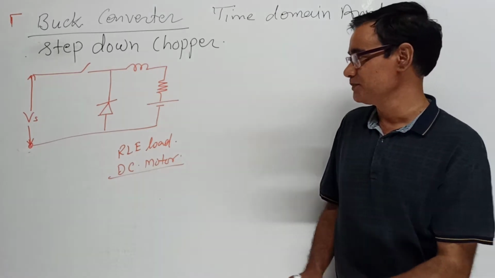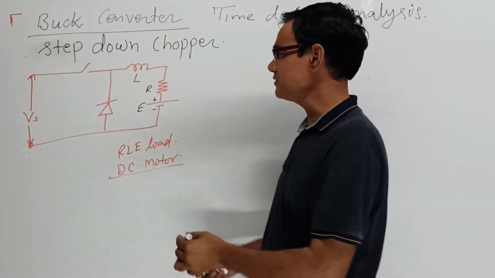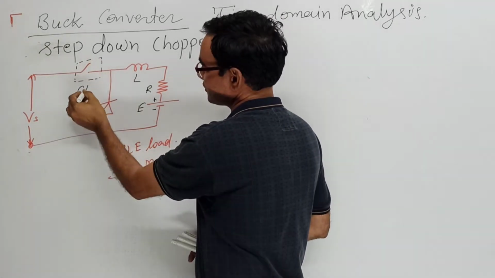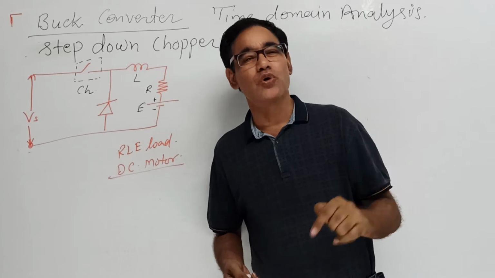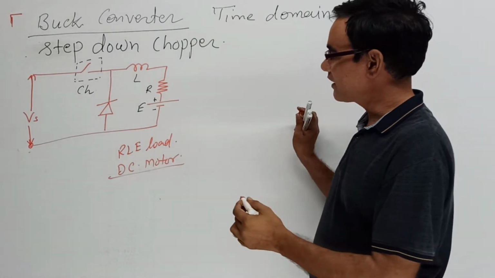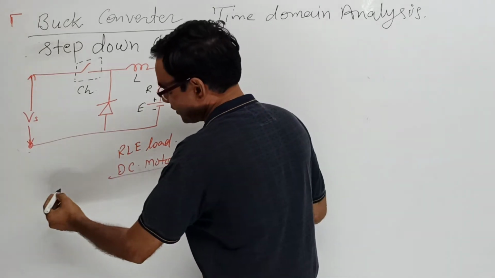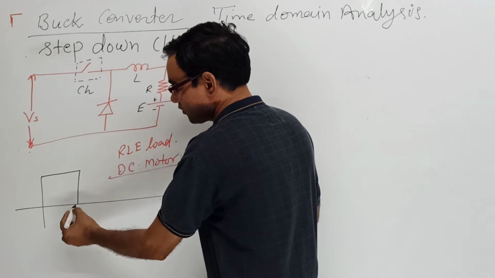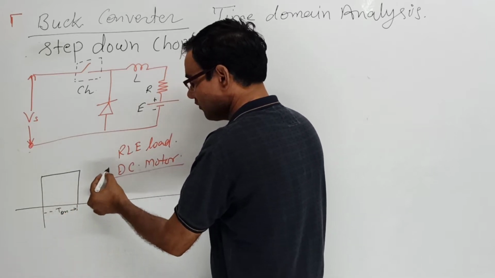We will study that later. So this is the inductor, this is the resistor, and this is the battery, plus minus. This is the chopper switch. So when the chopper is on, I already discussed the waveform diagram. When the chopper is on, this is the output voltage, for the on cycle. This is for the T on time period, and for the off it is the off.